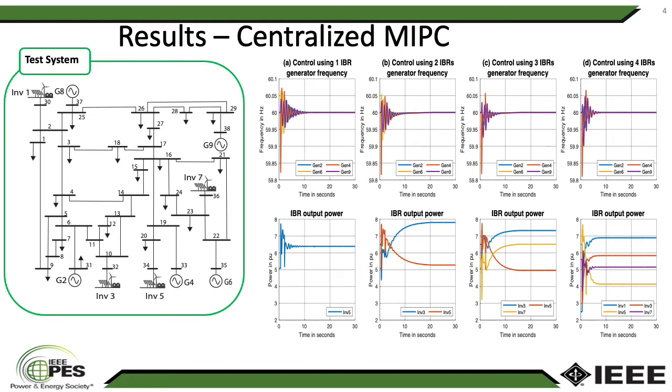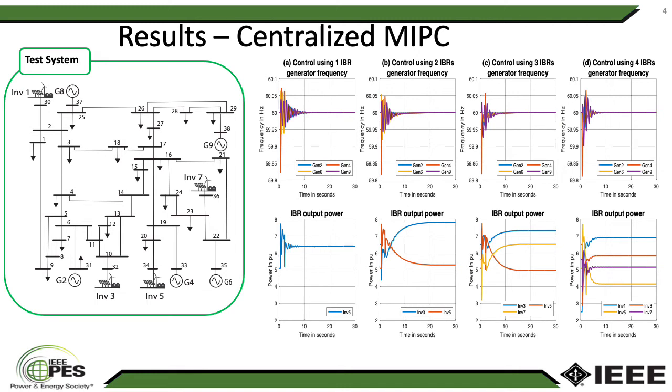In the middle left plot, when there are two inverters, that is inverters 3 and 5, the centralized MIPC is used to determine the appropriate participation of the individual inverters. The participation and power sharing ability depends on the capacity of the inverters and can be accounted for using the weights in the optimization problem, as discussed in the previous page.